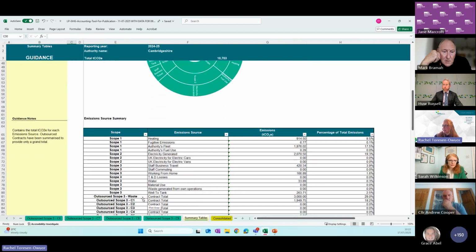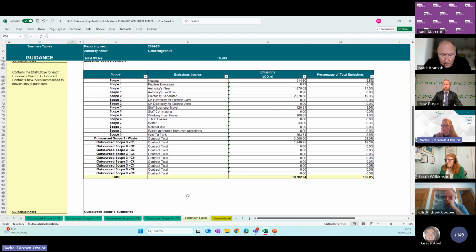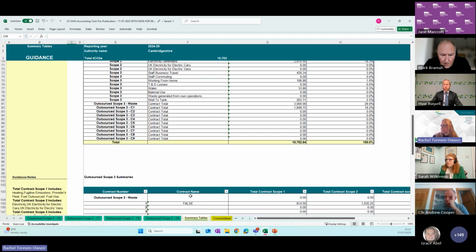And down here, for previous users of the tool, if you remember, we had a huge long table of every single possible line that you could report on within the workbook included in the summary table. So now what this does is just pulls through the lines from the workbook that you have entered data into. So you've got a much cleaner summary table that you can pull out and use, copy and paste into your